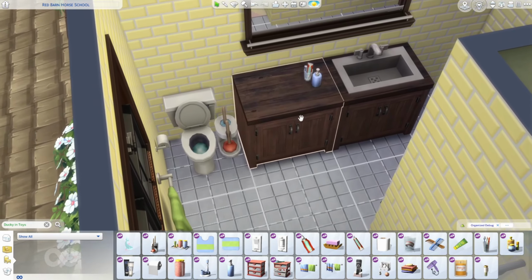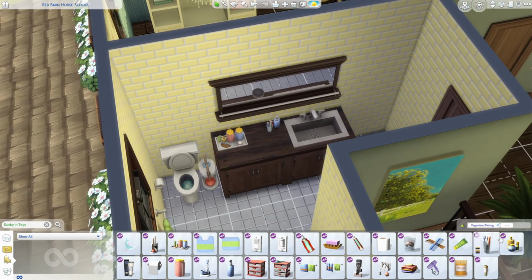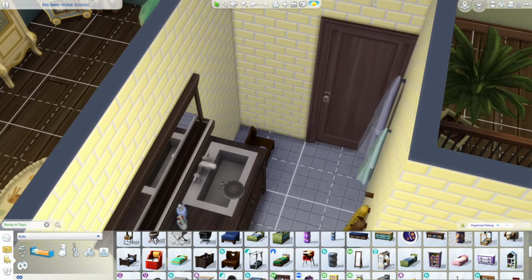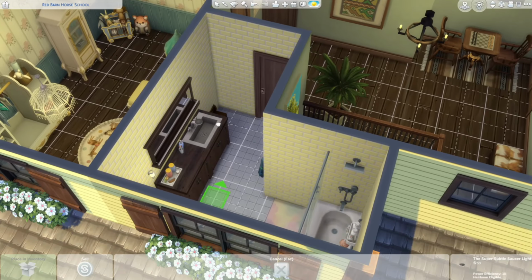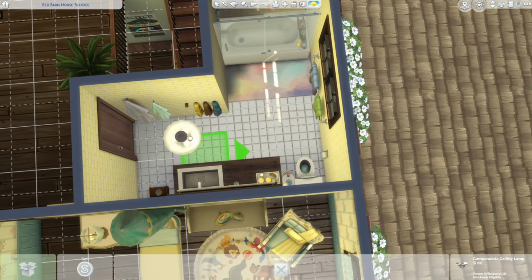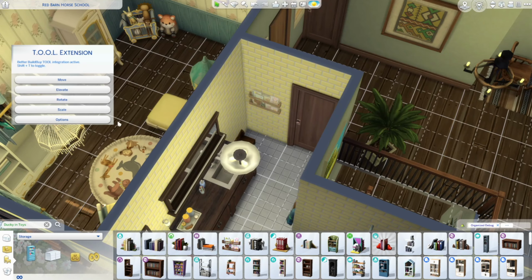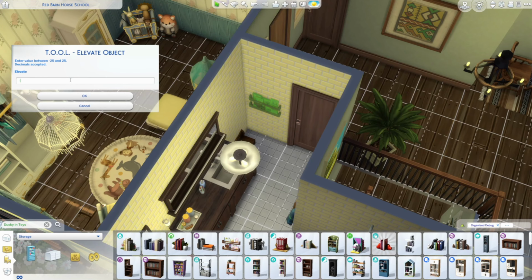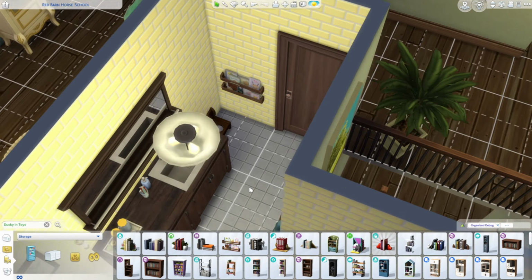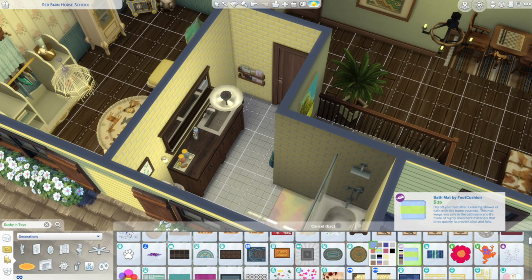We have a little tray of bath salts, we have a nightlight, and a little toddler potty over here by the door. And I believe this is where I add the little tiny bookshelf thing that mounts to the wall for the kid to use while he's potty training. I thought that would be a nice little touch just over here next to the toddler potty. So I did have to use Toolmod to lower it down a little bit. It just automatically goes way too high for me, and I needed to have a lower down bookshelf so that I could imagine that the kid likes to rip the books out and play with them and pretend to